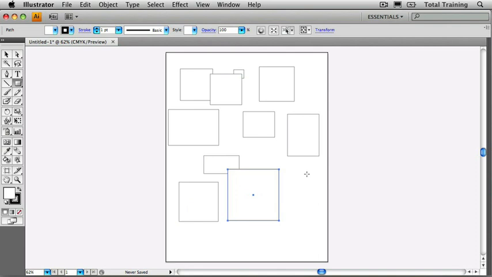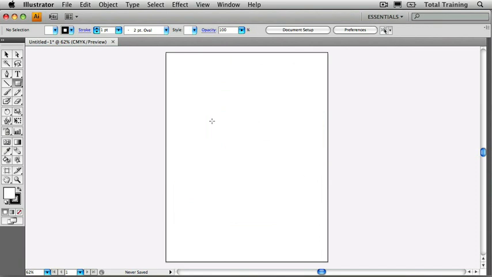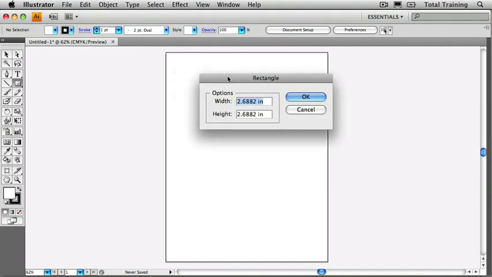Okay, a couple more things to show you here. I'm going to wipe everything off my screen one more time, Command A or Control A, and hit Delete. How about drawing rectangles and squares precisely? What if you knew the exact size of the object that you wanted to create? Really easy to do once again here in Illustrator. This time, rather than clicking and dragging with my rectangle tool, I'm simply going to single click directly on my artboard, and I get the rectangle dialog box coming up,